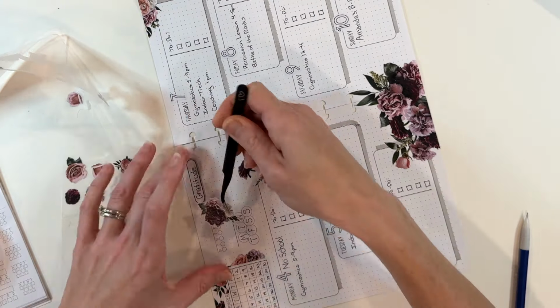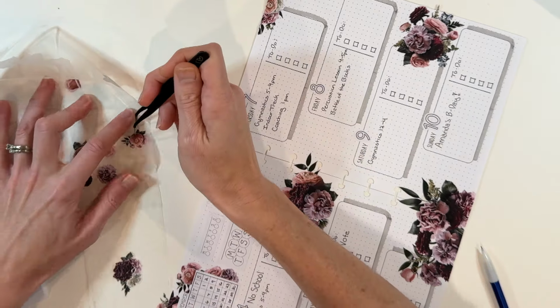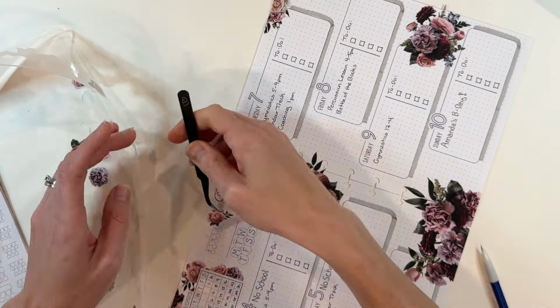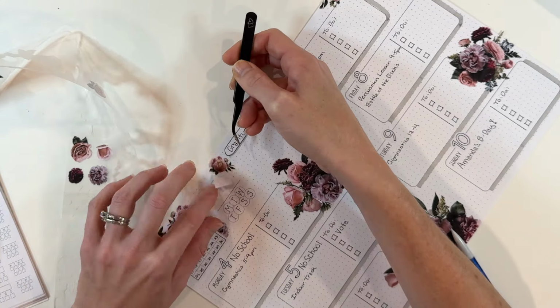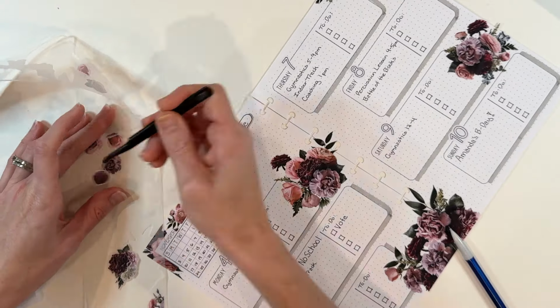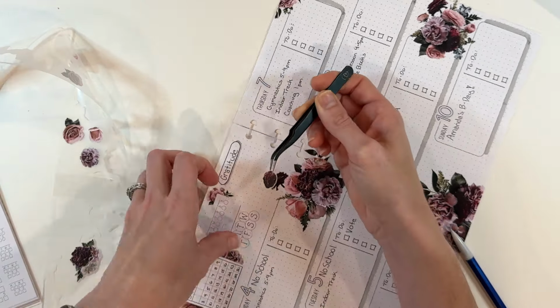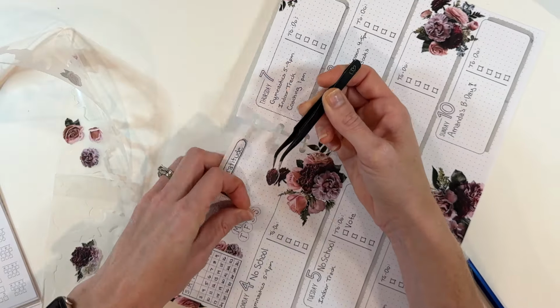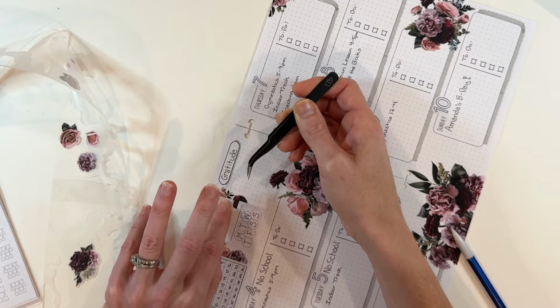I'm going to pull out another PET tape that is not Live Love Posh. It's actually one of the Wrong PET tapes, one of the reading themed ones that is a very natural kind of color, and I think it mixes really well with these Lush Blooms floral. So I will pull that out as well, but I wanted to bring in a few more blooms up top. I'm going to nest some of them behind the habit trackers